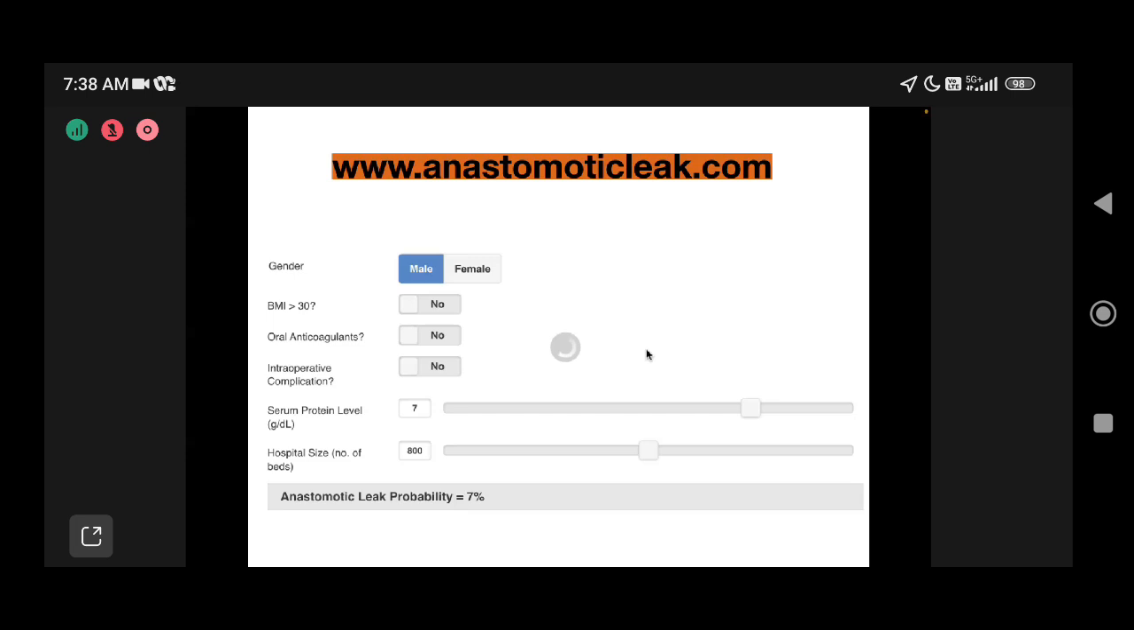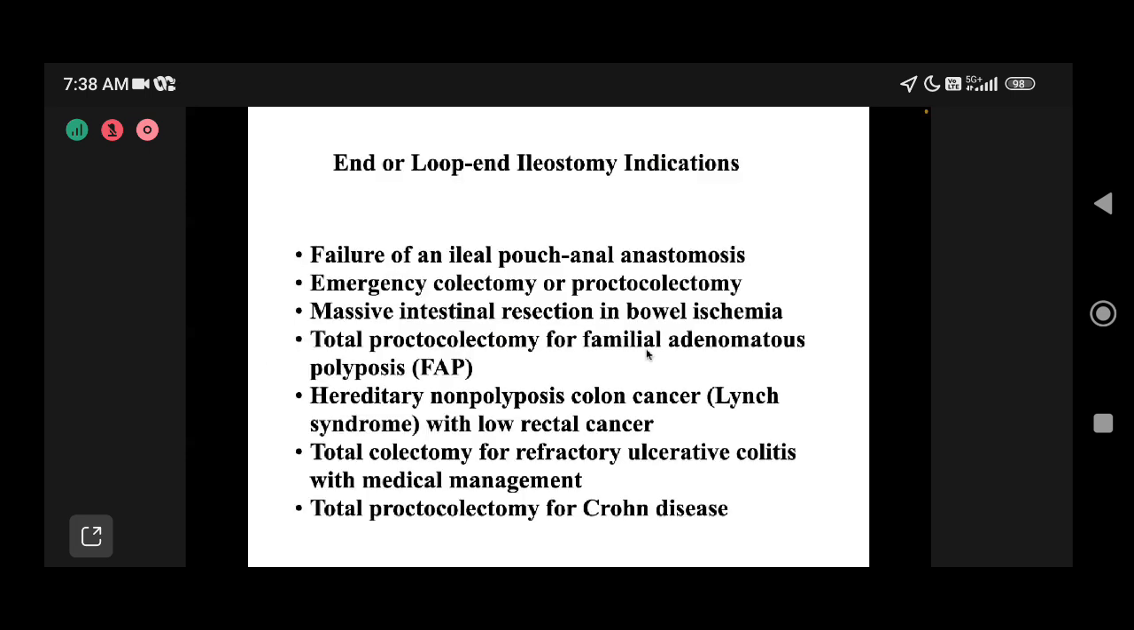But of course, there are high volume centers doing more and more of these surgeries, probably with improved results. Those leak rates are a little less. But on average, comparing a hospital with more than 800 bed strength versus a smaller one, it has been shown that with lesser surgical volume and lesser hospital bed strength, the more we need to start doing diversions. So coming to the loop and end ileostomy indications,